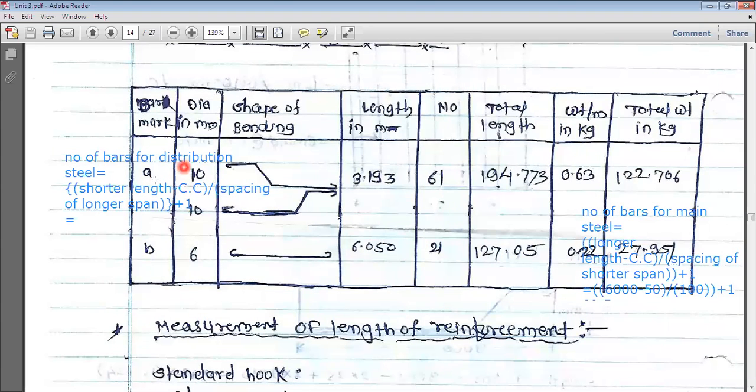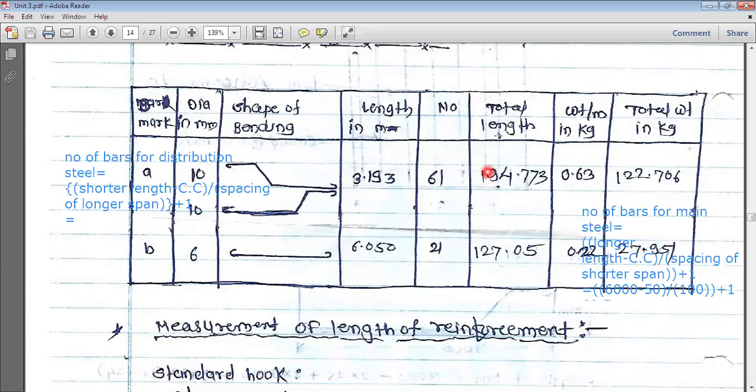first is nothing but serial number. Description of the bar, you can write it as your main steel, okay, or main bar. Shape of the bar is bent up bar. Our main bar is bent up bar. What is the length of that for the main bar? That length comes as 3172 mm. I think in the previous session we have calculated that length. It is 3172 mm. That is 3 meter and 3.172 meters. So here the calculation becomes 3.172. Number of bars will be 61.